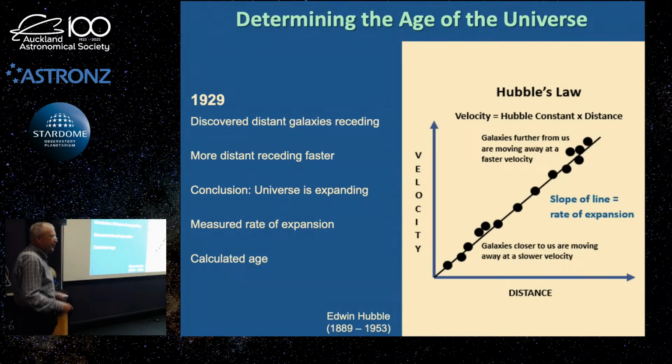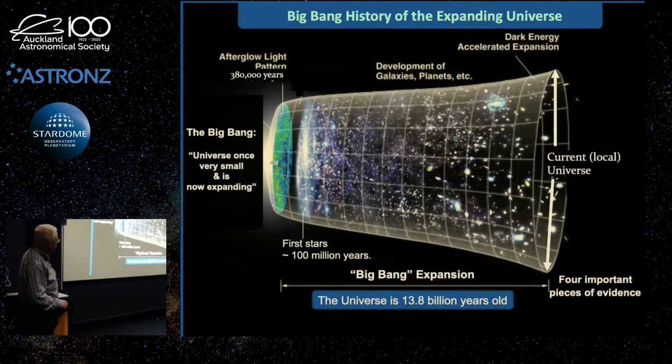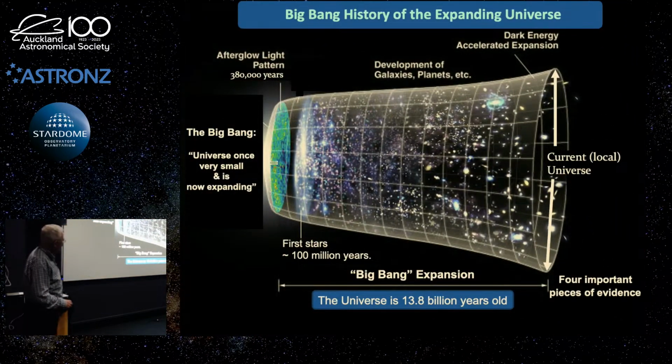So once again, his calculations weren't quite there, because the instruments weren't quite refined. It didn't come to today's standards, but he was able to get a reasonable idea of the age of the universe, which we now, the modern estimate's about 13.8 billion years old, very, very roughly. And this here is a diagram, an artist's impression of the history of the expanding universe, which is worth talking about, known as the Big Bang.